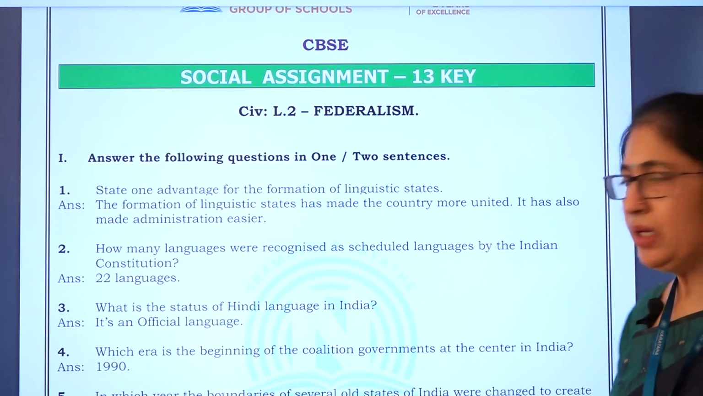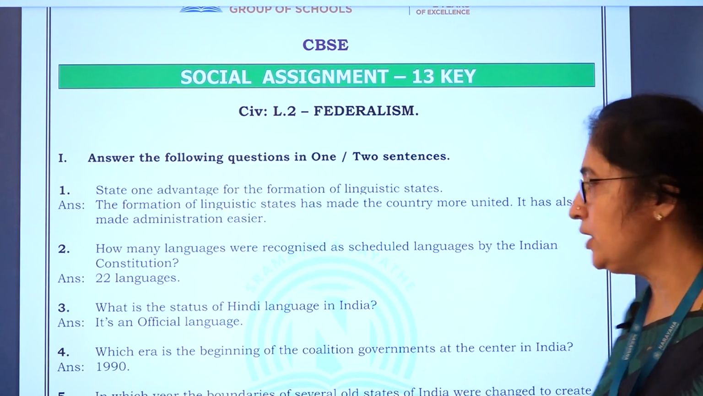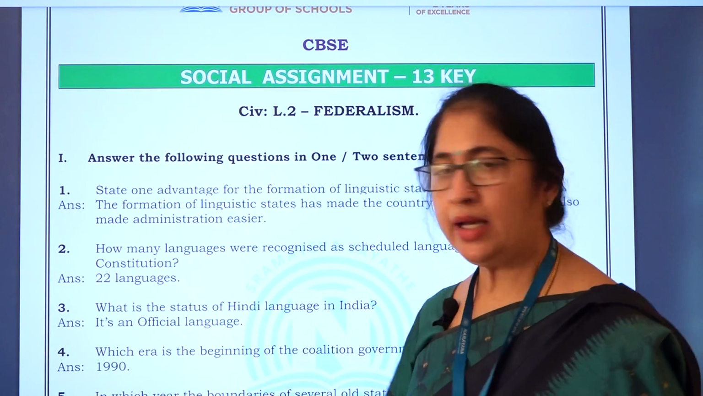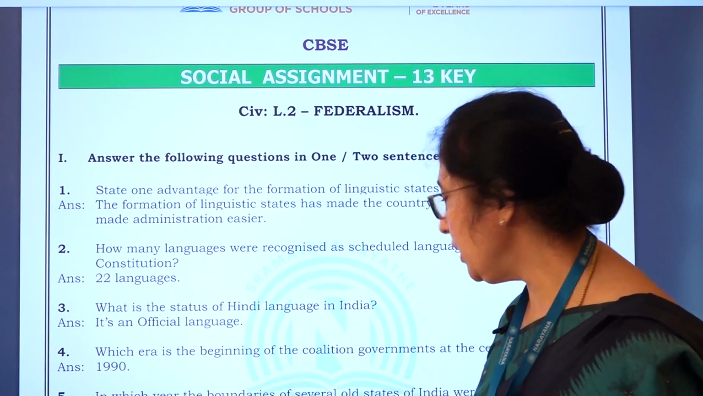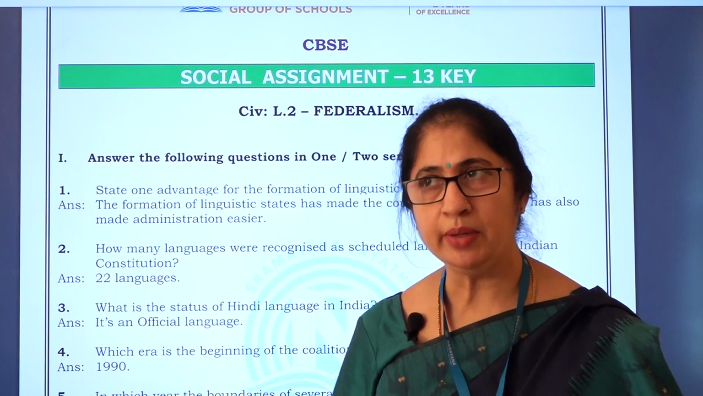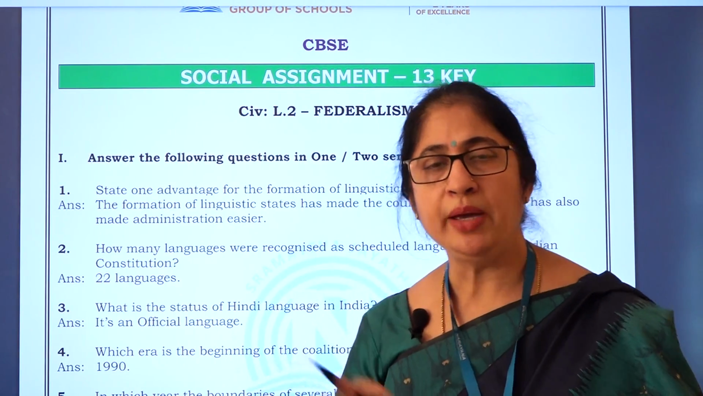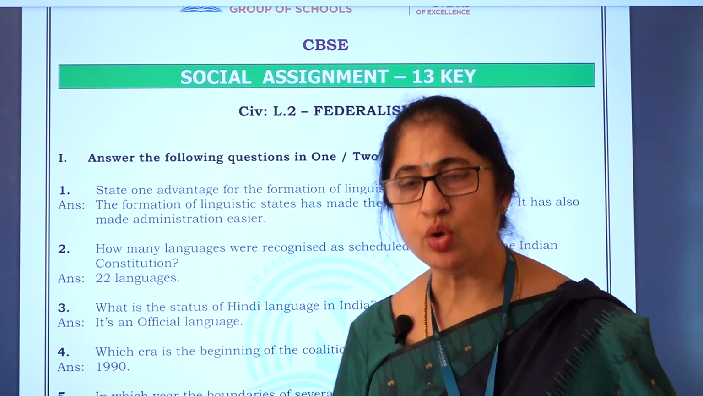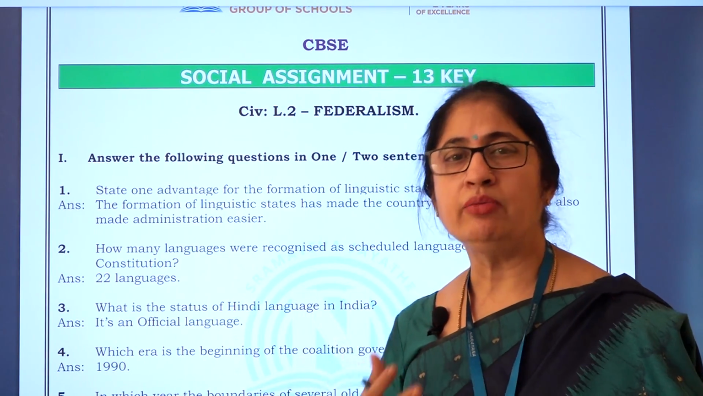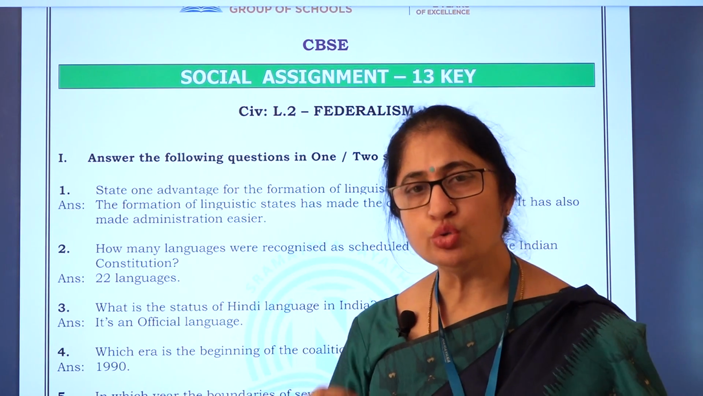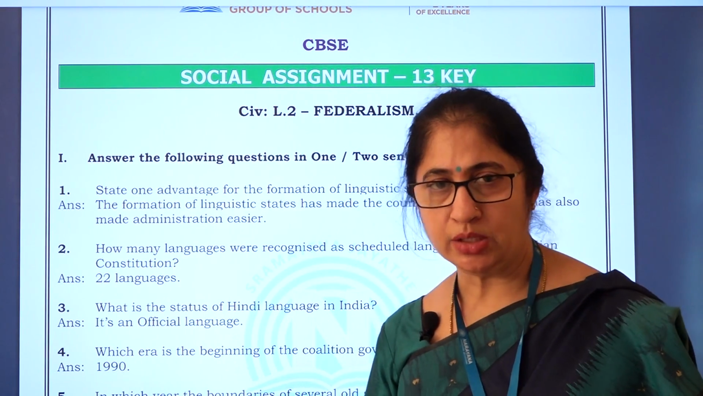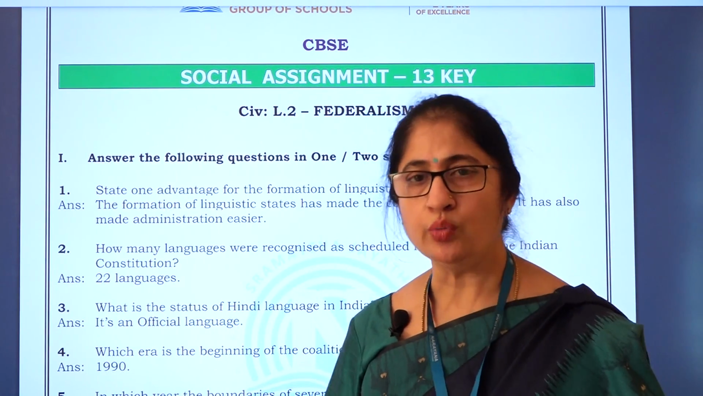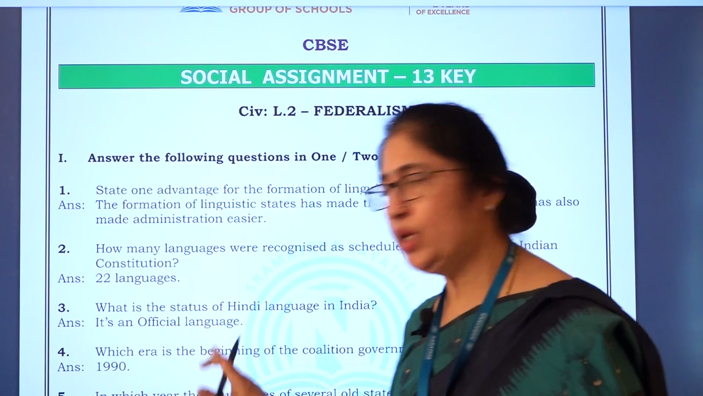Which era is the beginning of the coalition government at the center in India? So from 1990 onwards, the era has started. What do you mean by the era started here? The coalition governments have started, because earlier there were only one or two major political parties. After this, many regional parties have come up. So the governments were made with the help of 2 or 3 political parties. So this is called the coalition government, and from 1990 onwards the era of coalition governments has